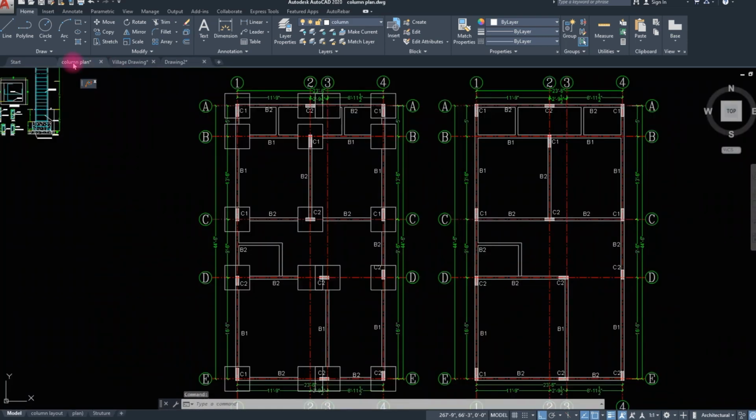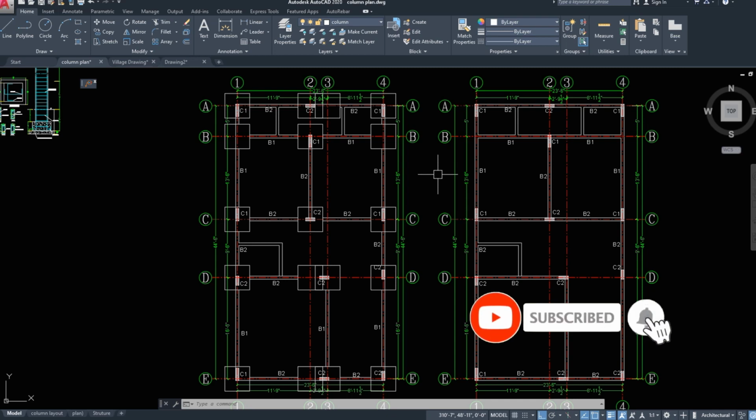This LISP is very useful. You can use it when you are planning a new drawing and you have no dimension styles and no layer styles. You waste your time making a new layer style